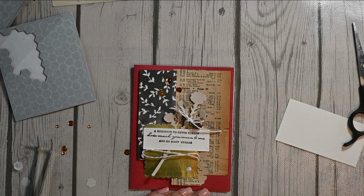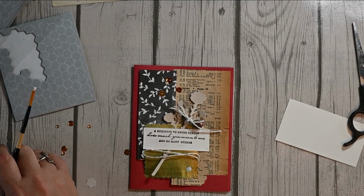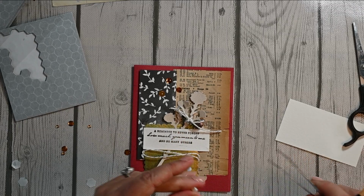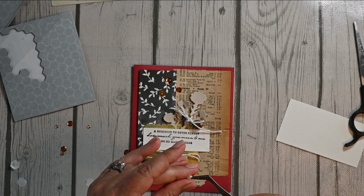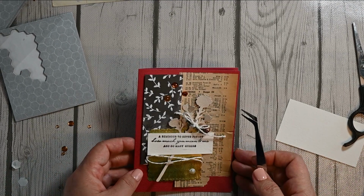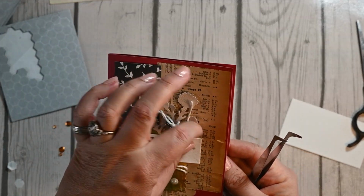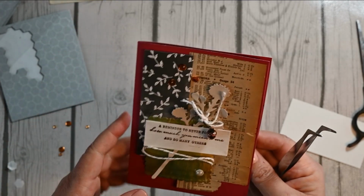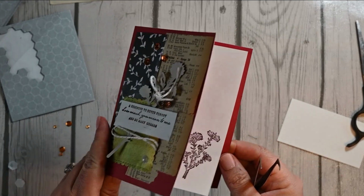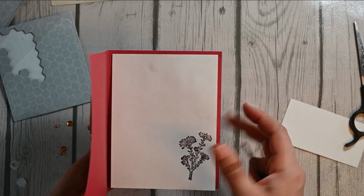For something a little heavier or a little larger, you'd want to use more glue, like a pearl or like a button. So there you have it. Just something with a little interest here. A reminder to never forget how much you mean to me and so many others. And you've got your area for writing a note on the inside, an area to write on the back, and then the last thing you want to do is